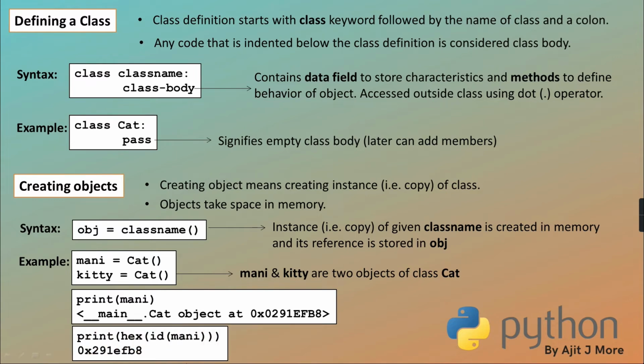I've just cross-verified it. I've first found out the address of the money object. That address I gave to the hex function. The hex function converted that address to a hexadecimal string, and that string is returned. See, is it the address of the money object? Memory address of object money. So till here, I hope all of you are clear with it.